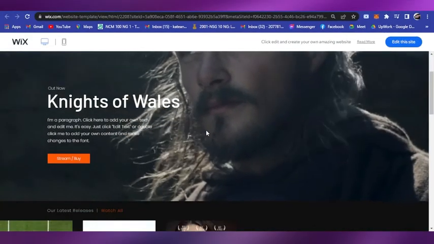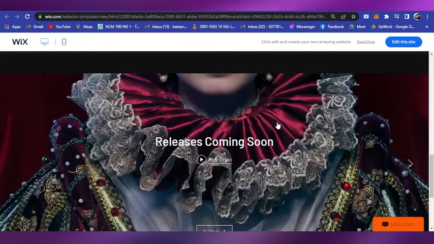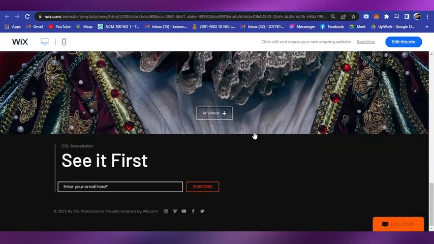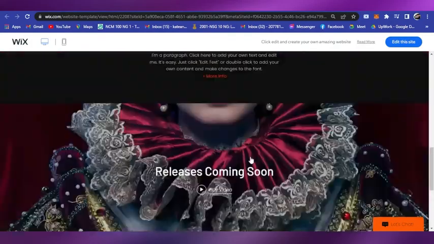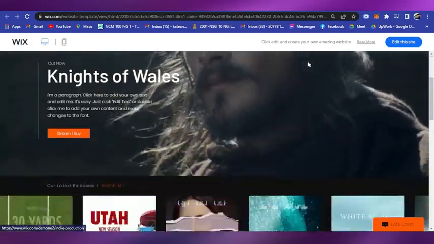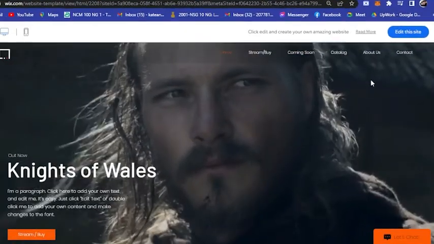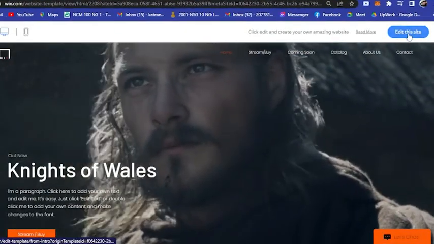And this is how the website will look. Now if you scroll further, you will see up until here. And if you click on coming soon, it will lead you here. Now let's say I want to use this one, so all you have to do is click on edit this site on the upper right corner